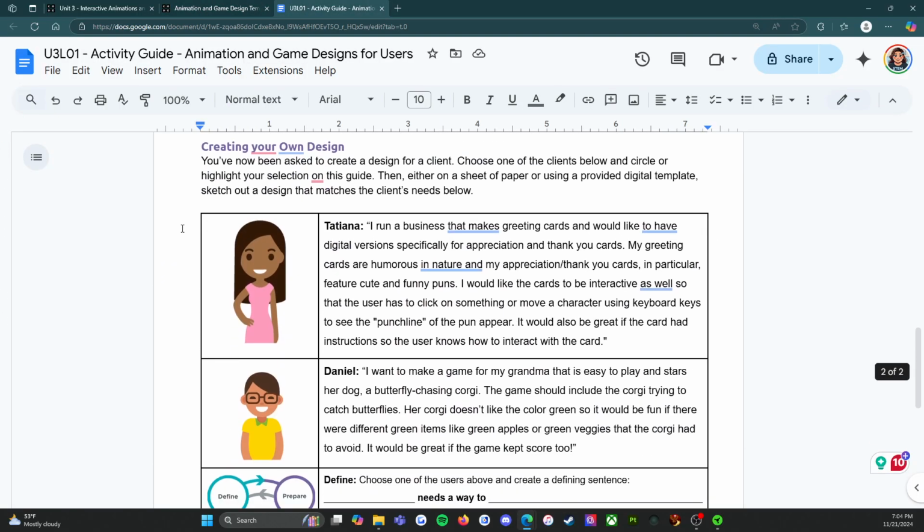So there's that. And then down here, here's the second part of the activity. So this is creating your own design. You've now been asked to create a design for a client. Choose one of the clients below and circle or highlight your selection on this guide. Then, either on a sheet of paper or using a provided digital template, sketch out a design that matches the